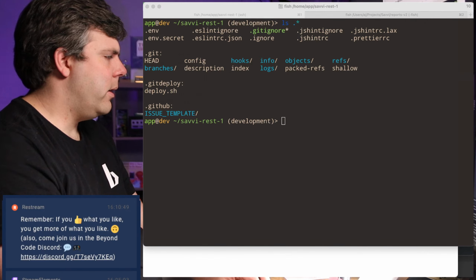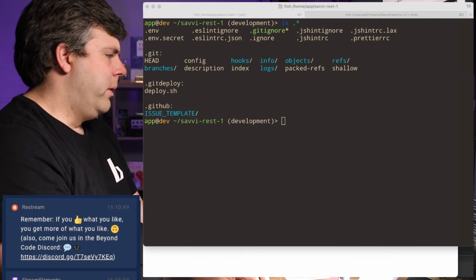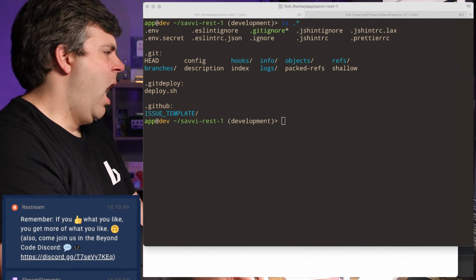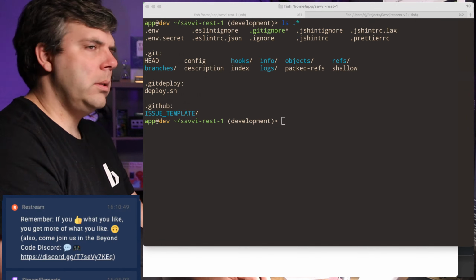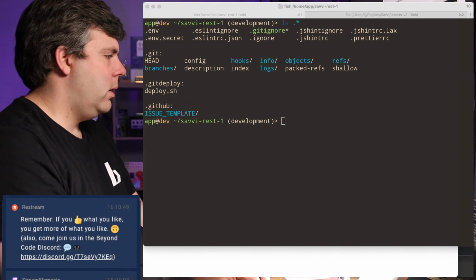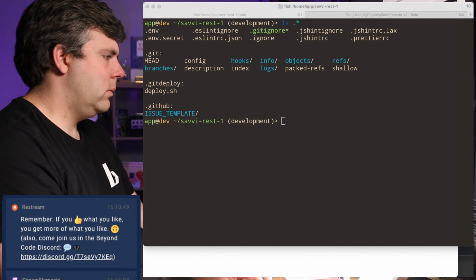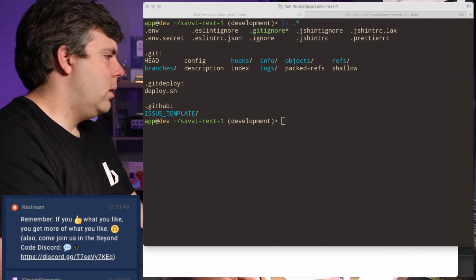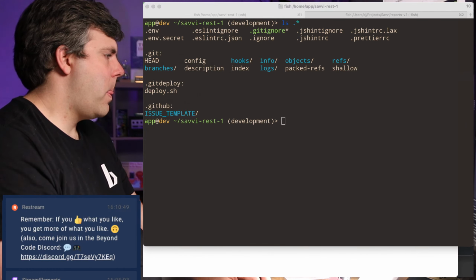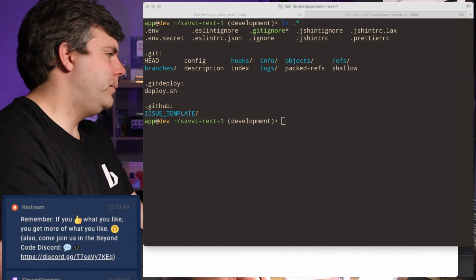So I'm just going to check on the other screen here, see what's going on with the deployment environment. Okay, that's MySQL. Yeah, that's what I'm expecting. Okay. DB URL, that looks right.